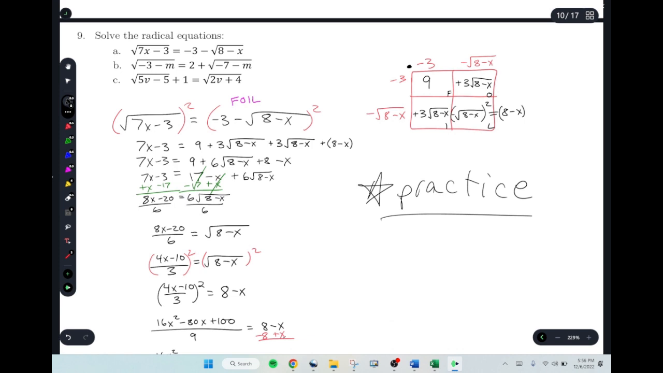I'm going to solve the radical equation. I'm going to find one that works out perfectly with easy factors at the end. And I'm going to write it down and then have it posted. Okay, here's